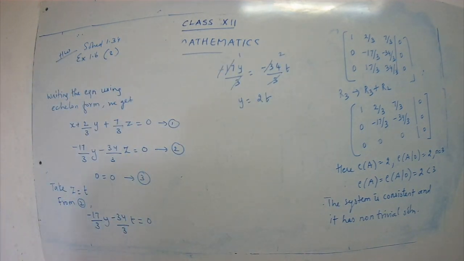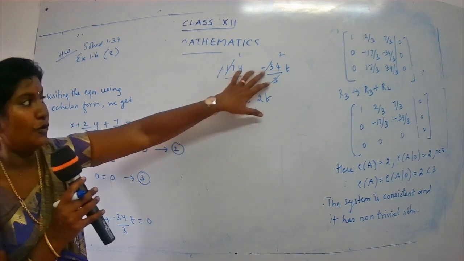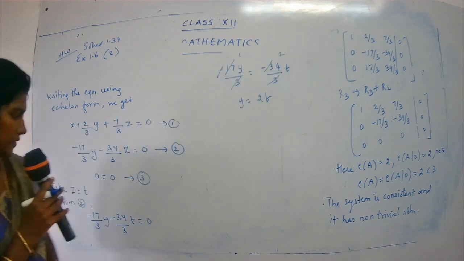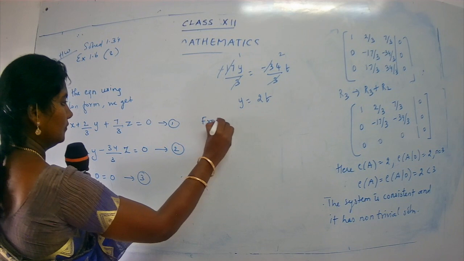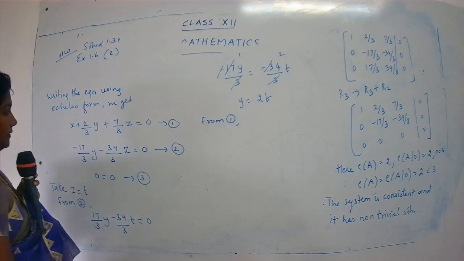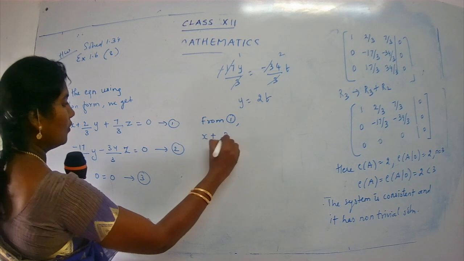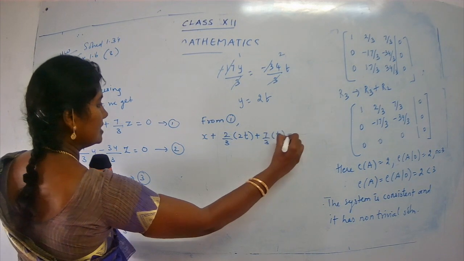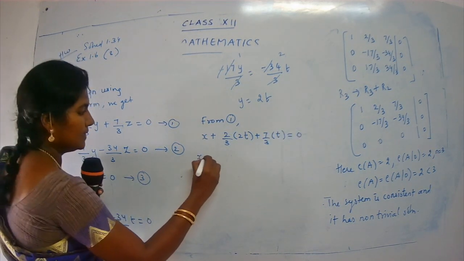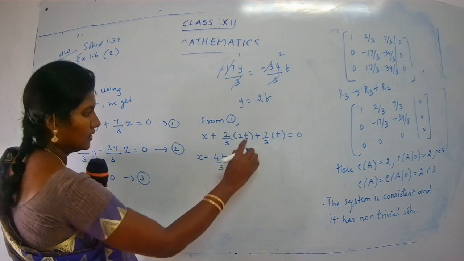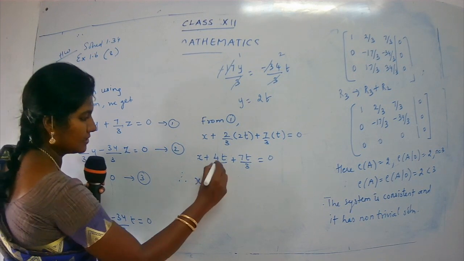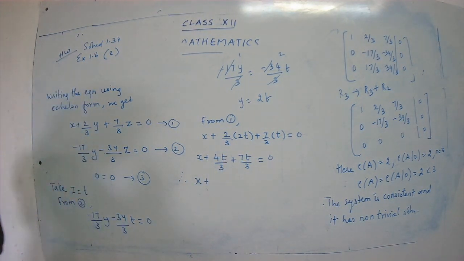I get the value for y. What is the value for y I get? 2t. See, the calculation is so simple. Minus 17y upon 3 is equal to minus 34 upon 3t. 3 goes, minus minus goes, 17 ones are, 17 twos are. So now from 1, x plus 2 upon 3 times 2t plus 7 upon 3 times t is equal to 0. So x plus 4t upon 3 plus 7t upon 3 is equal to 0. Therefore, x plus 4 plus 7,